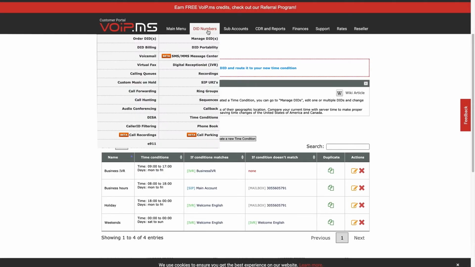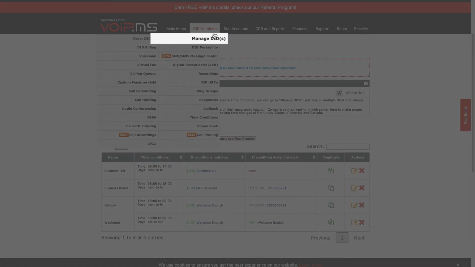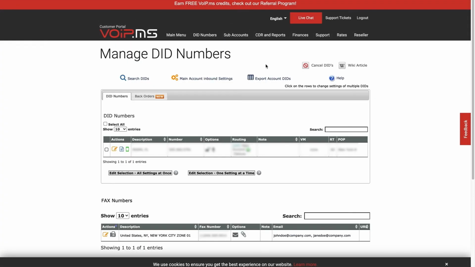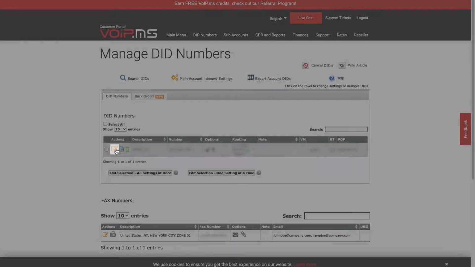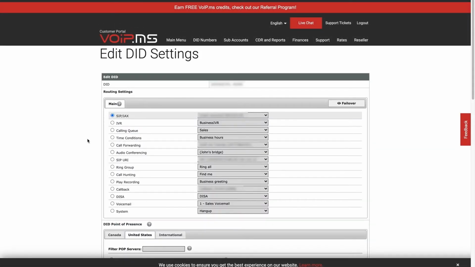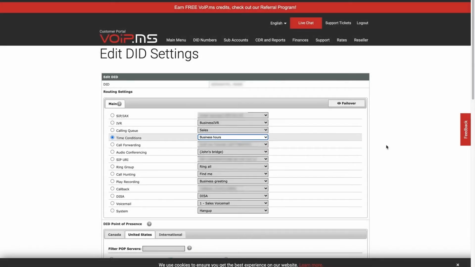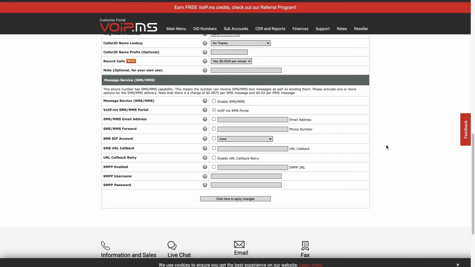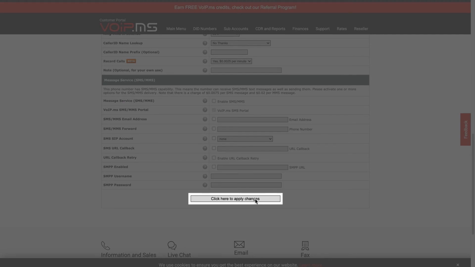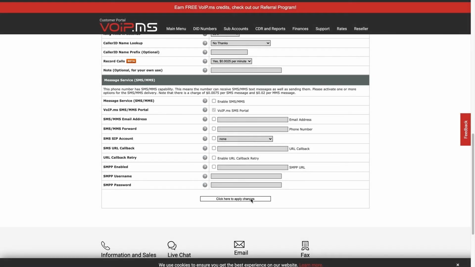To proceed, head into DID numbers and then Manage DIDs. Click the Action button to edit your DID number and under Main, select Time Conditions. Then proceed on selecting the proper time condition in the drop-down menu under Routing. I will select the newly created time condition here. Proceed on applying the changes and you are done.